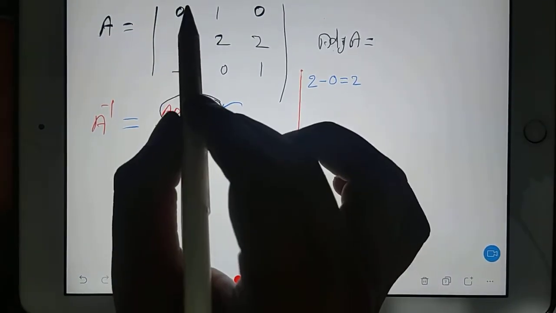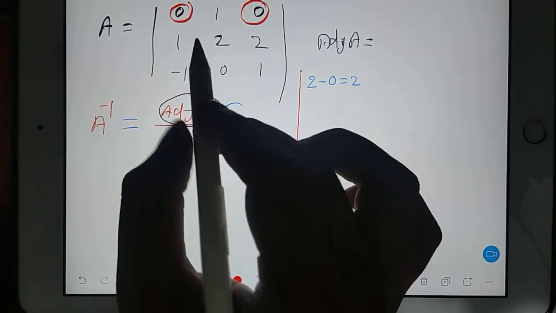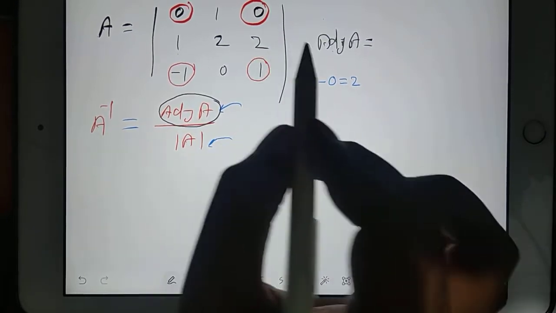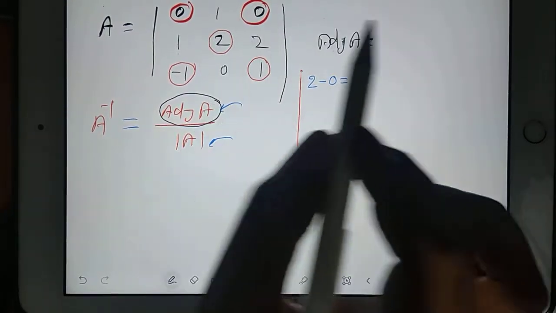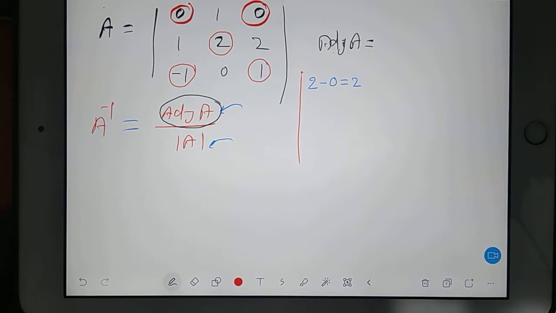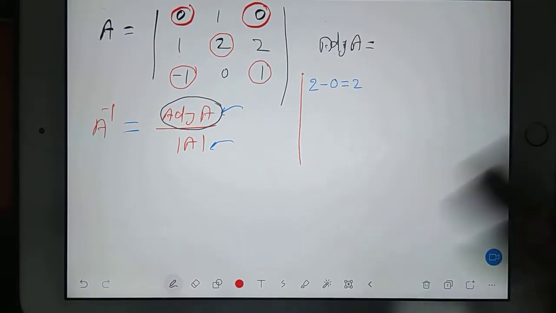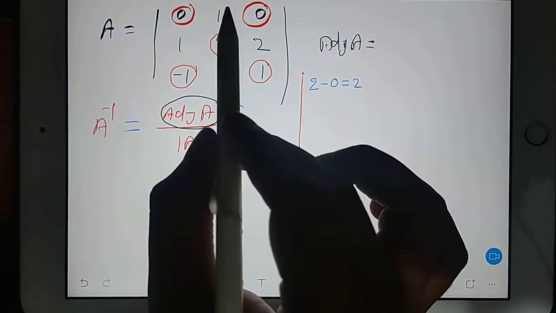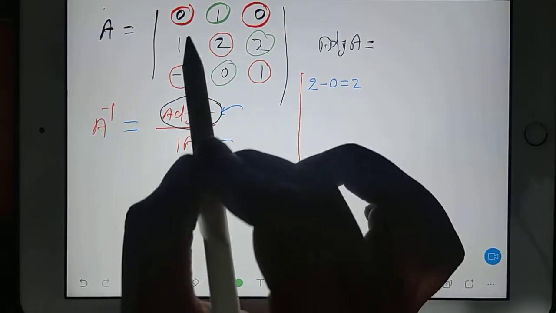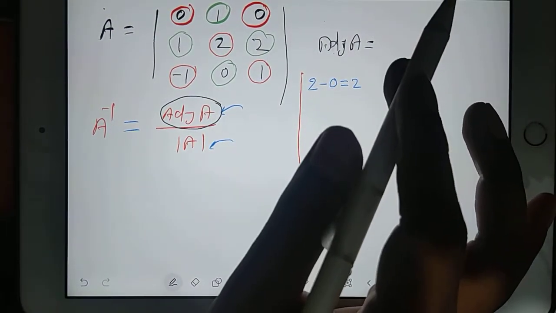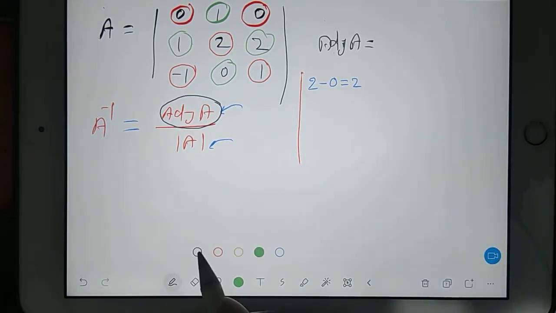So remember, at this location, this location, this location, this location, and at this location, with these 5 locations you have positive sign, so don't bother about sign. But for the remaining 4 places you have to add negative sign extra, like here, here, here, here. You should add extra negative sign. So let's do that.